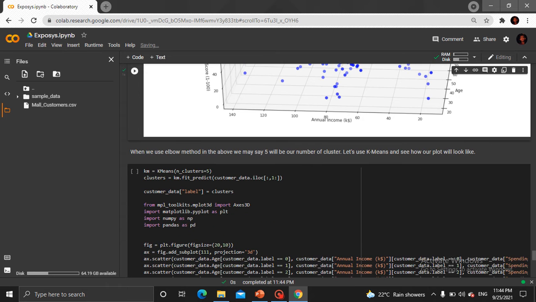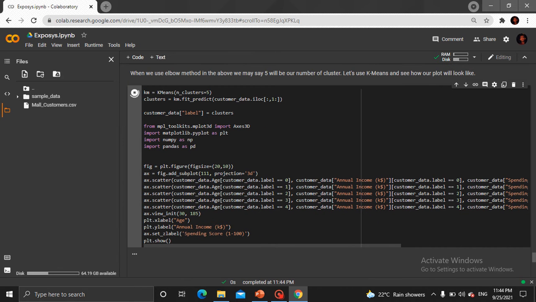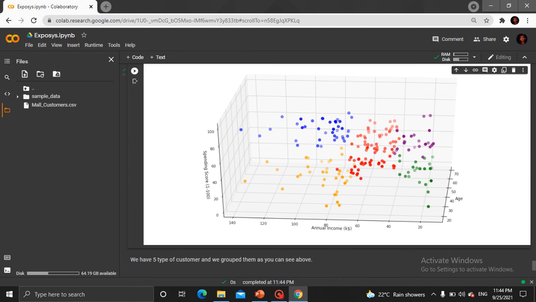From the elbow method that we used before, we find that 5 will be the number of our clusters. According to this, now we will group them all together. So let us run this. Okay, now we can see that all the clusters are grouped under different categories. By this you can conclude that k-means will help those companies a lot to categorize their customers and give more importance to those on whom they have to spend a lot of time and so on.